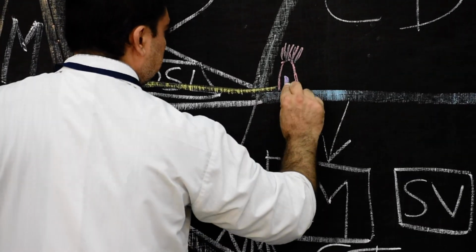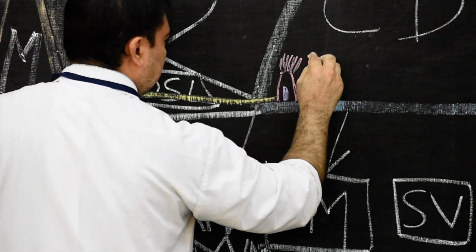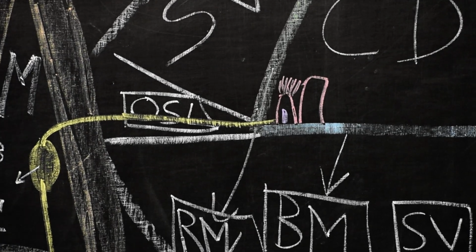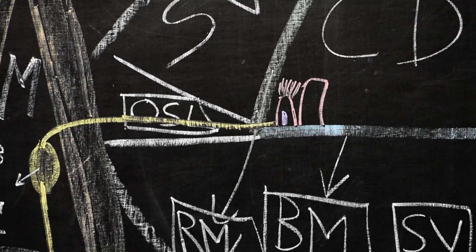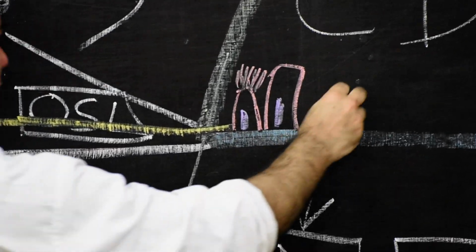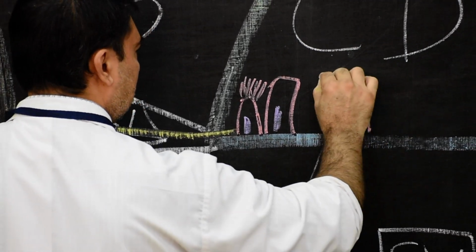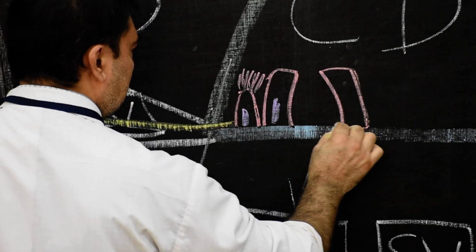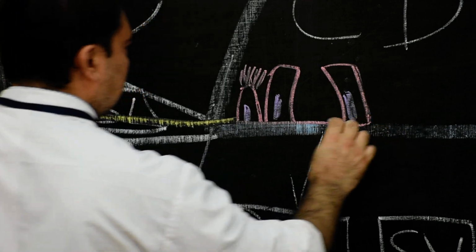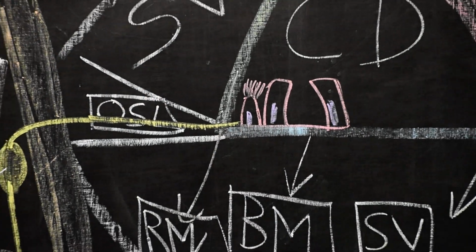they are the cells. Then we draw one cell which should be very typical, and this cell will be known as the inner rod cell. So this is the inner rod cell. Then we show here the outer rod cell. In between the inner and outer rod cell, there will be the tunnel of Corti.